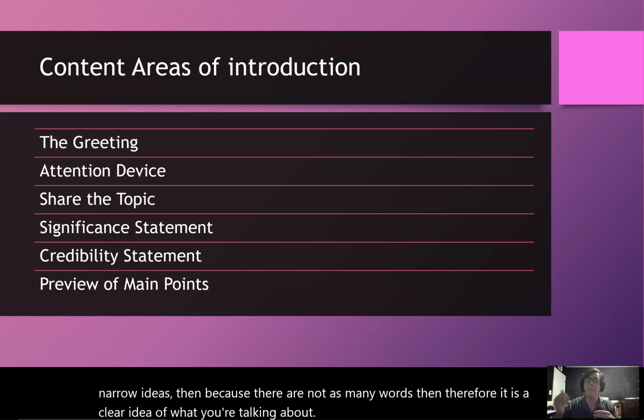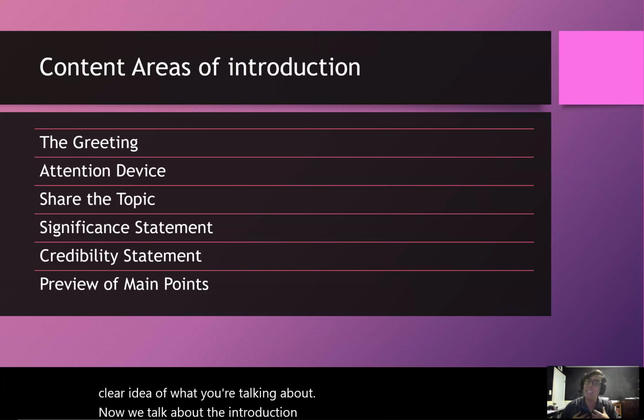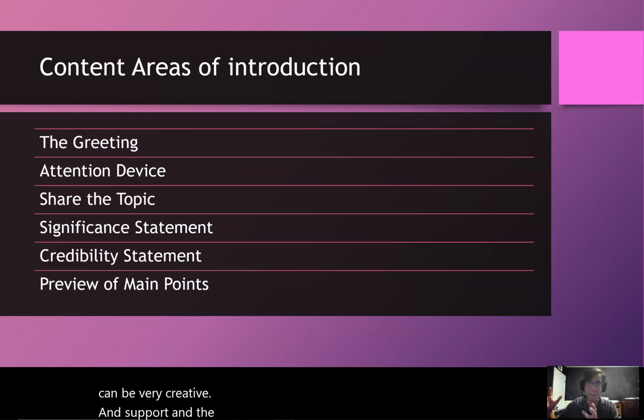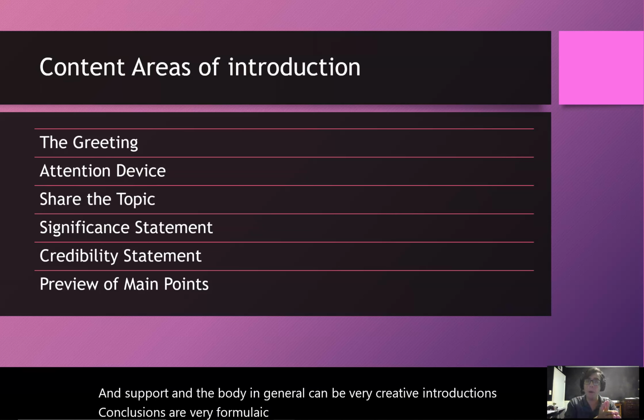Now we talk about the introduction and the conclusion. Where organization and support, and the body in general, can be very creative, introductions and conclusions are very formulaic. They have the same components and they have the same,